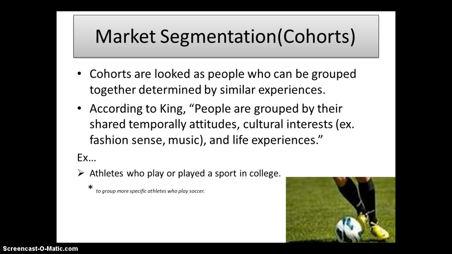Cohorts are looked at as people who can be grouped together, determined by similar experiences. According to King, people are grouped by their shared temporary attitudes, culture, interests, and life experiences. An example, especially one that I'm going to be looking at throughout this presentation, is athletes who played or play a sport in college. If we want to group it more specifically, you can do athletes who play soccer or